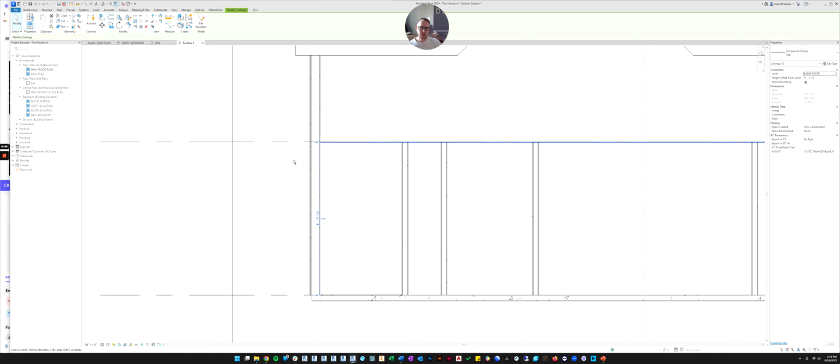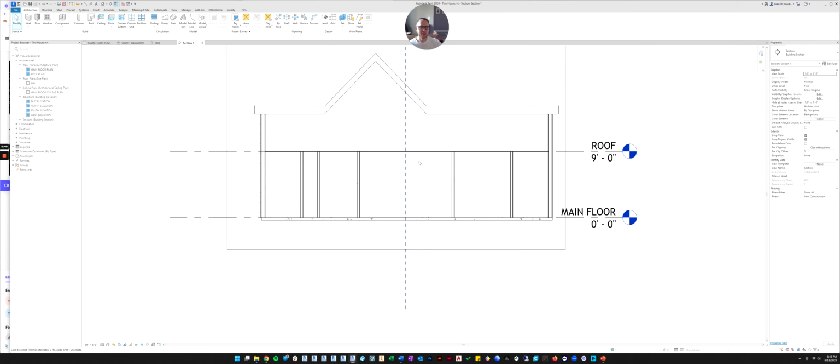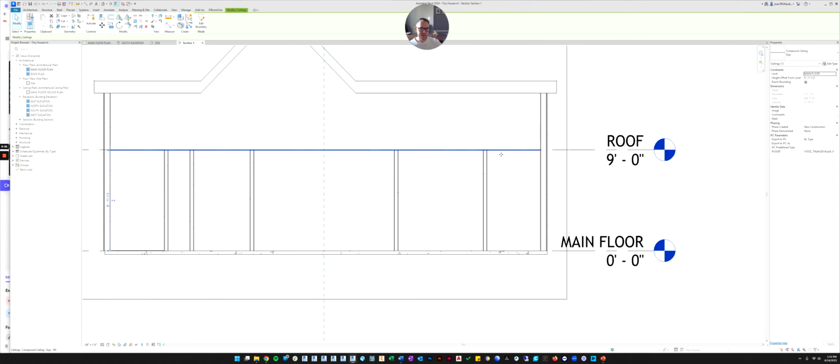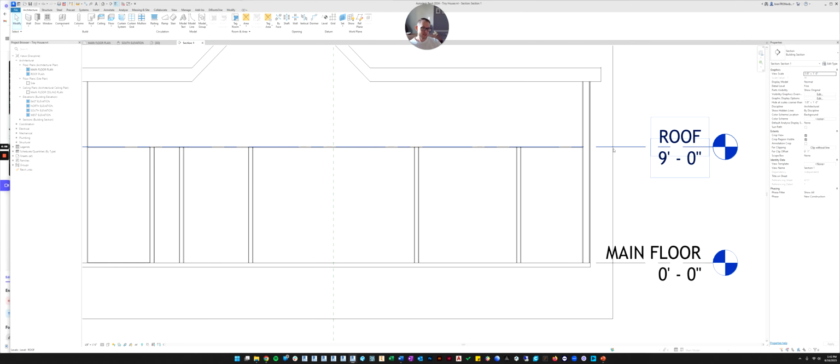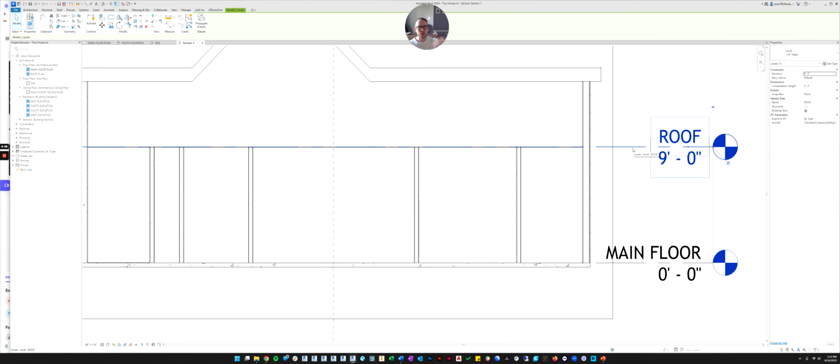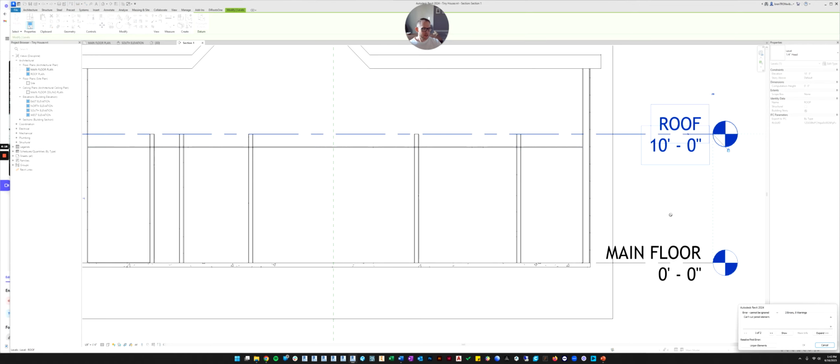How would you like the ceiling to behave if you made a change? So right now, when I moved it down 1/2 inch, all it did was change the offset from the main floor by 1/2 inch. So what that means is the ceiling will move when the main floor moves. But if that's not what you want, so for instance, if I was to raise the roof higher, the ceiling is going to stay in the same spot. Watch. So I'm going to use the move command, and I'm going to move this up 1 foot. Do you see how the ceiling didn't move?